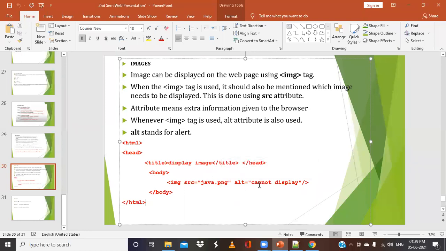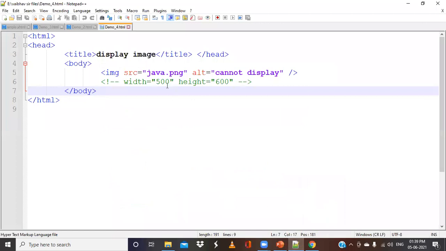In such cases, this will appear on the web page. In this same example, I have the title display image, and src equal to java.png, alt equal to cannot display. The moment I run this, the image that I have will appear in the browser. So let us run this program.